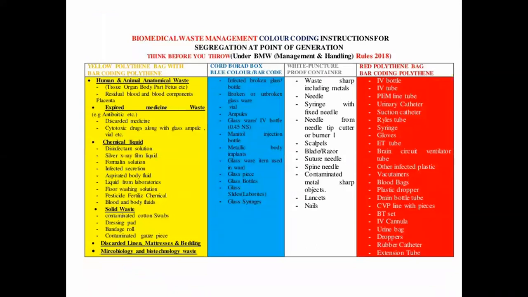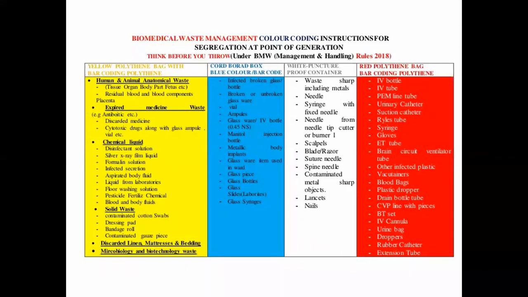Okay, so like I explained, this is just a diagram again. This is according to the rules of 2018 biomedical waste management. We have been following this from the past 90s. If we do not follow this, there will be no proper segregation, and then the handler, the scavenger, will suffer injury, and there will be so much infection going on. Especially we'll have air pollution, soil pollution, and water pollution. So we have been following this for many years. Even so, this is the latest one.